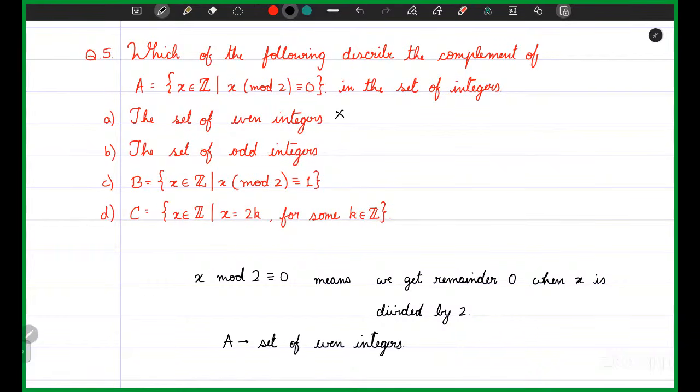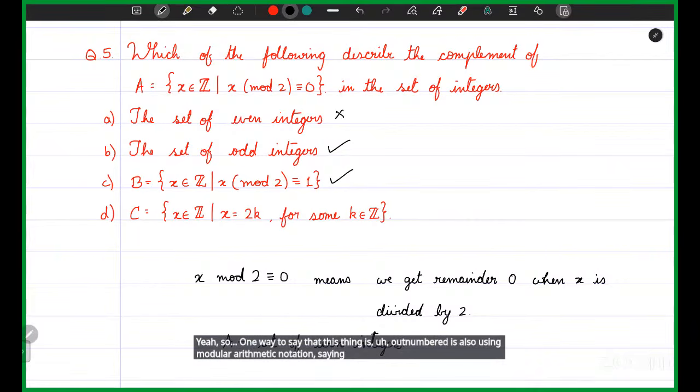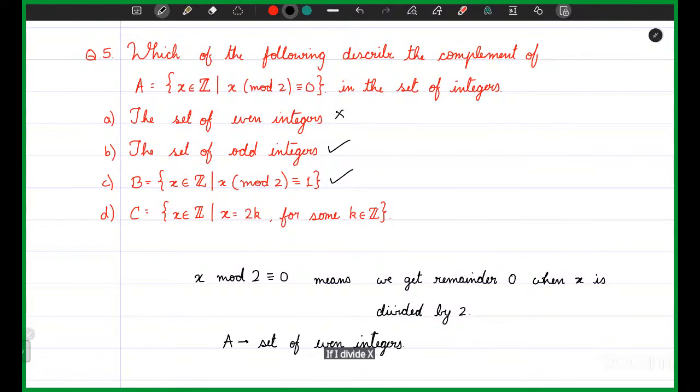Yes, sir. The complement of even integers is odd. The question asks for the complement of A. That's why B and C are right. Yes. So one way to say that this thing is odd numbers is also using modular arithmetic notation, saying that if I divide x by 2,